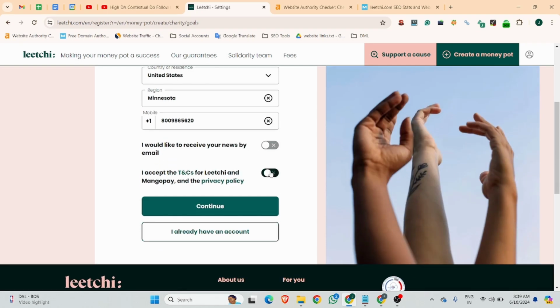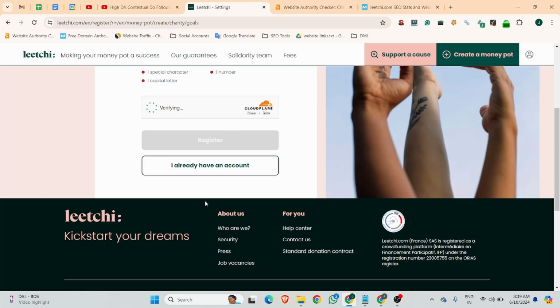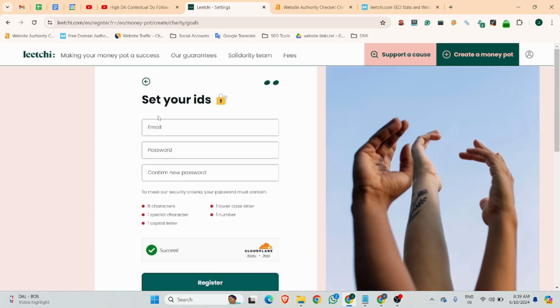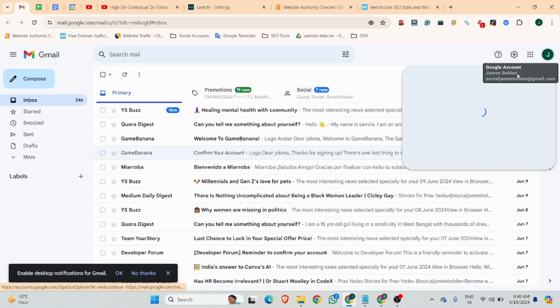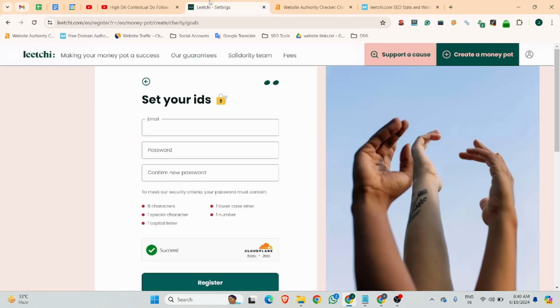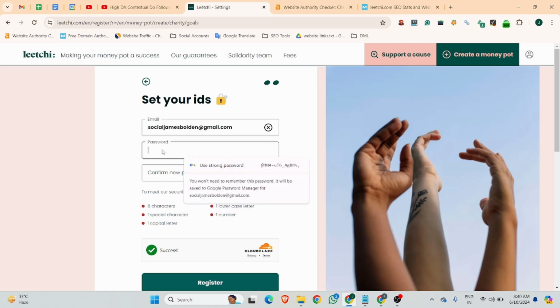You have to acknowledge the terms and conditions, then click the continue button, add your email ID, and choose your password.